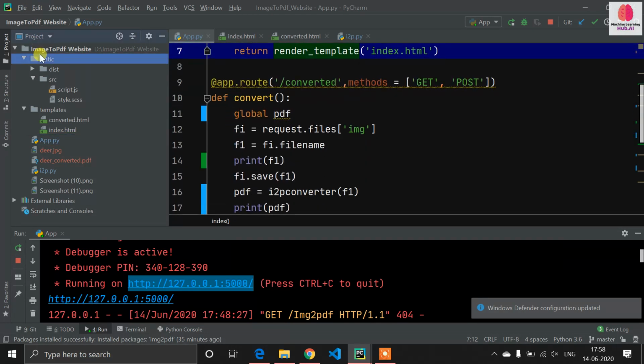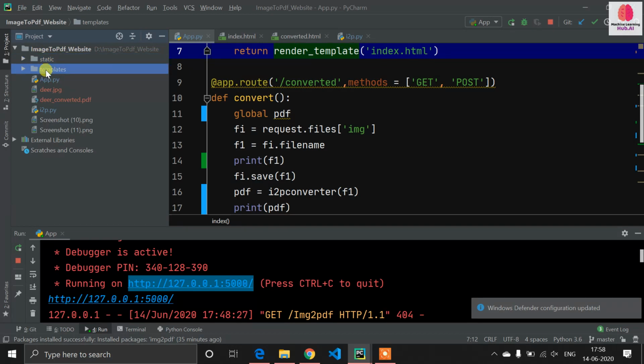Before starting Flask, you need to know that if you are going to create a Flask web application, you have to create two folders in your working directory. The first one is static, and the other one is templates. Now understand the structure. In the templates folder, you have to put all of your HTML files, like your index.html, home.html, about.html, and all of your HTML page files.